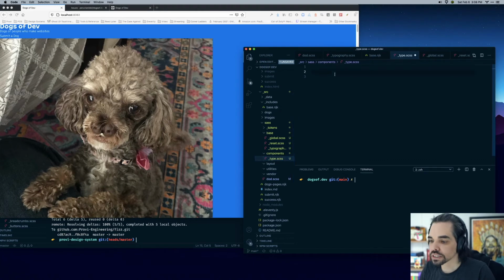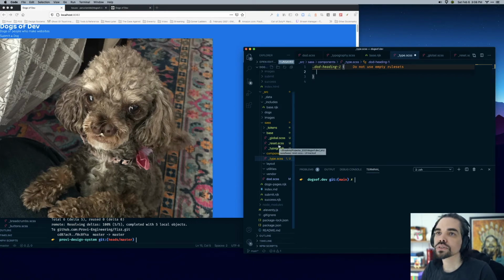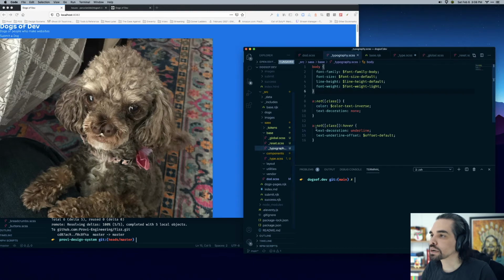In type we want our class names to be prefixed so that they don't conflict with other stuff. Not Bob, it's DOD. Dogs of Dev. Heading, we just call these heading 1. Oh, that's the other thing. So one thing I like to do, oh cool, now it's pulling in my fonts. One thing I like to do in typography is say H1, H2, H3, H4,